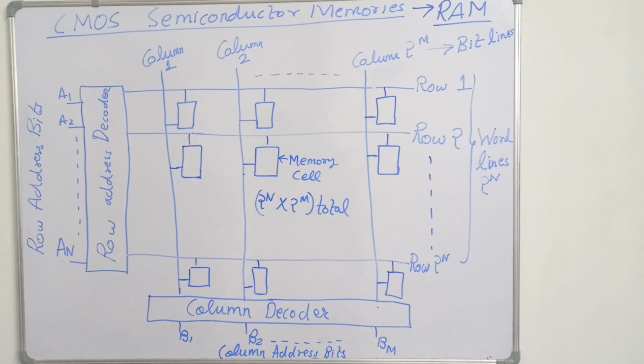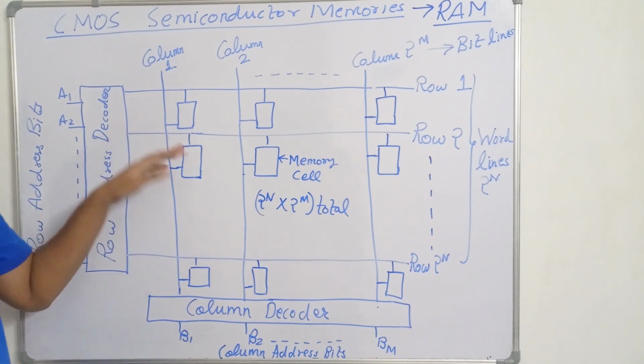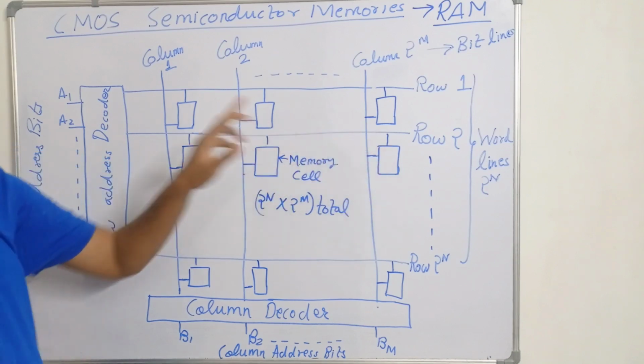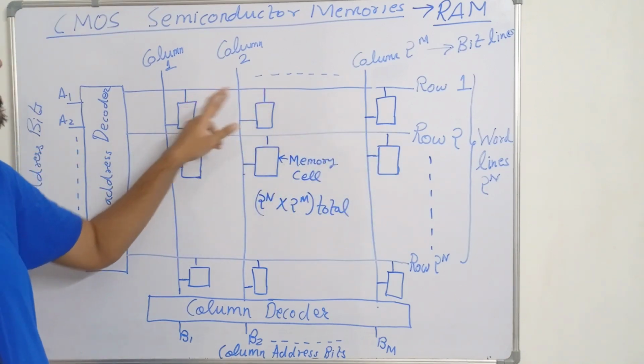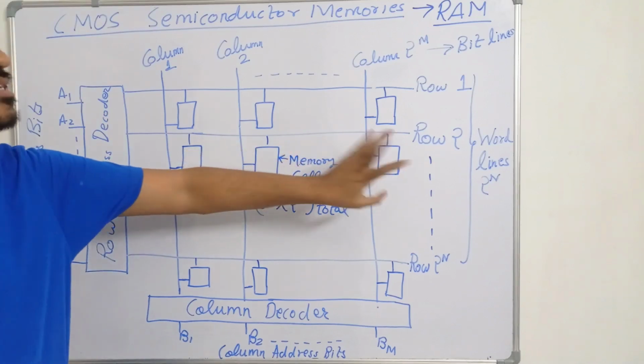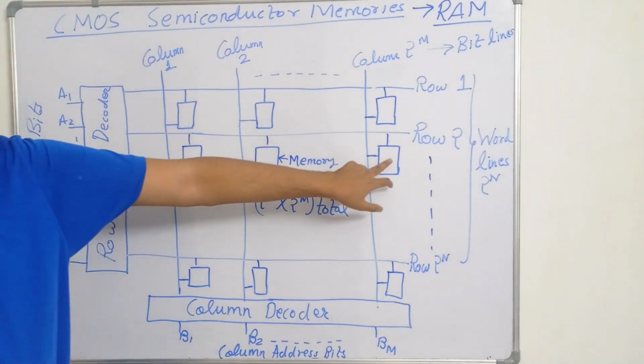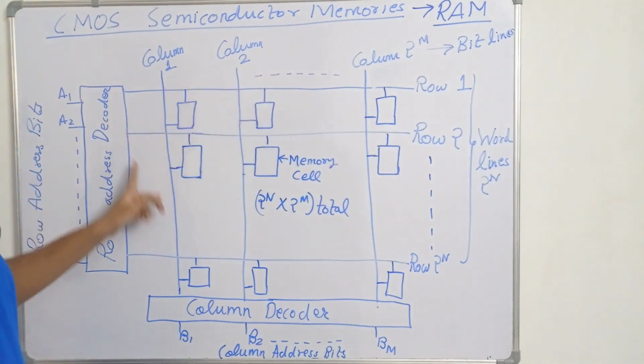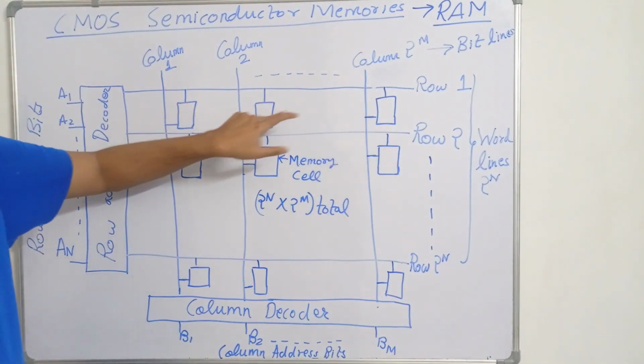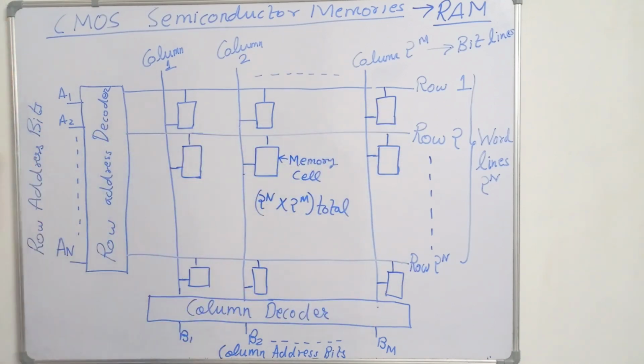Whereas in sequential access memories, we can access only in sequence. So suppose if I have to access this cell, then I have to go first to this, then this, then this, then this. But in random access memory, the access times of all the memory cells are the same. So the access time of this cell, this cell, this cell, all these cells are the same. So this is called the random access memory. So we have static RAMs and dynamic RAMs. These are the two types of random access memories which are available based on the type of data storage cells.